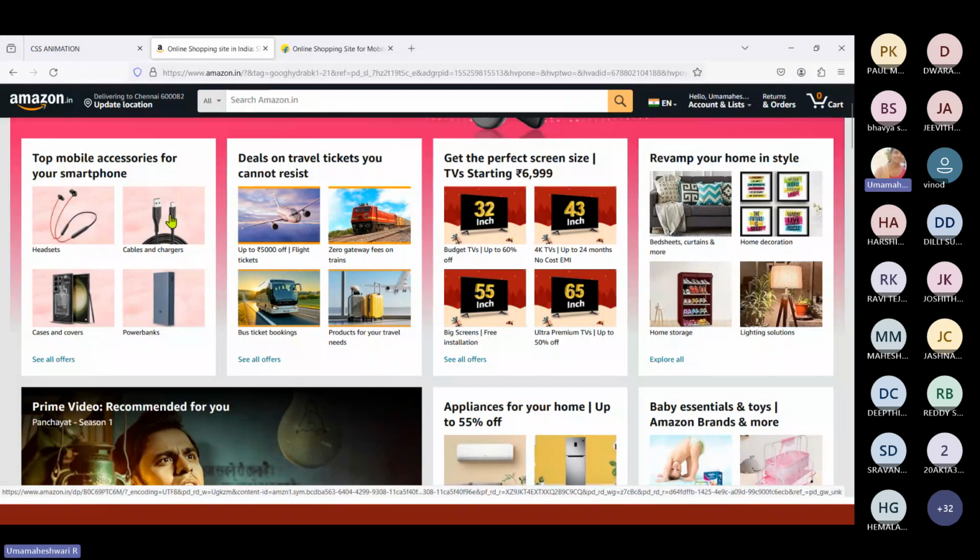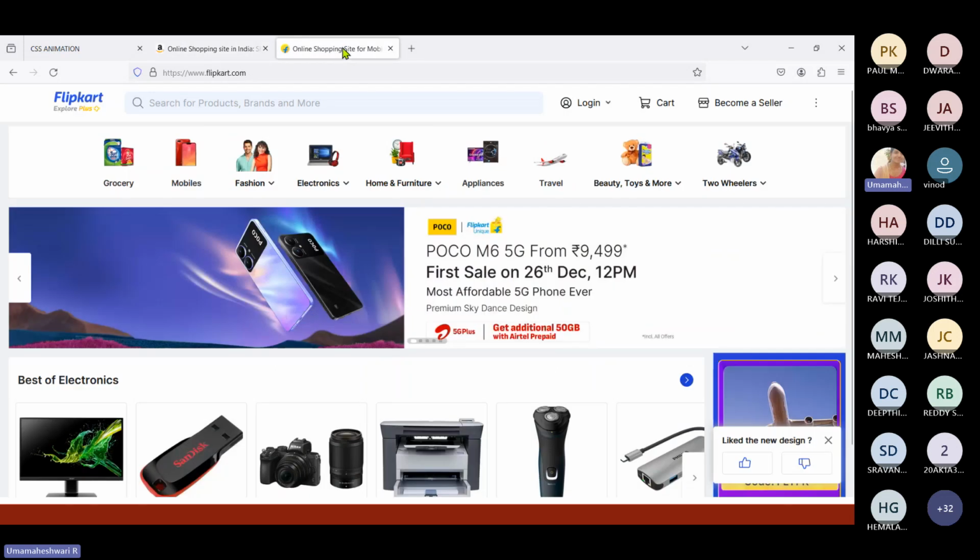You can see the elements have been arranged in two dimensions. Two-dimension in the sense of rows as well as columns, right? You can see all the images are there, and below the image you can see the text, right? And once you go to the Flipkart website,